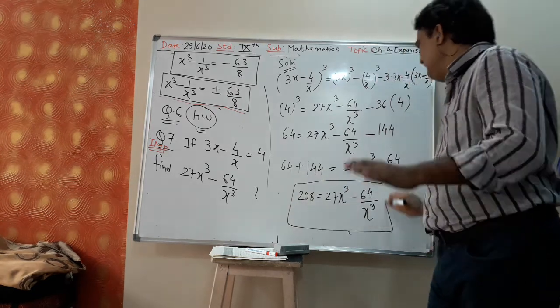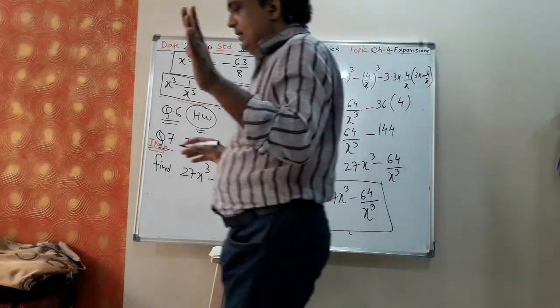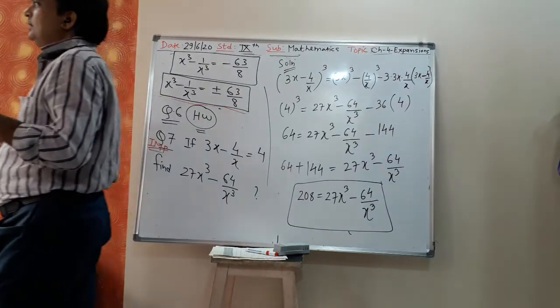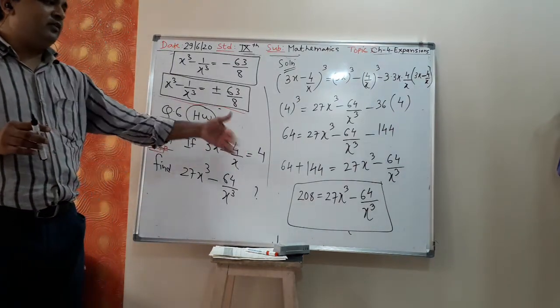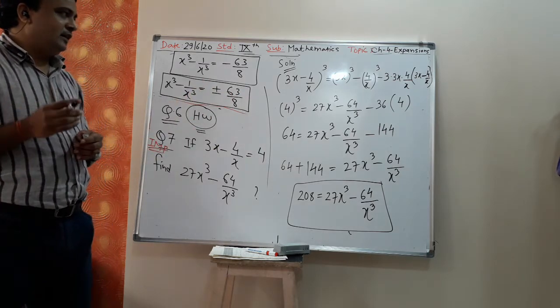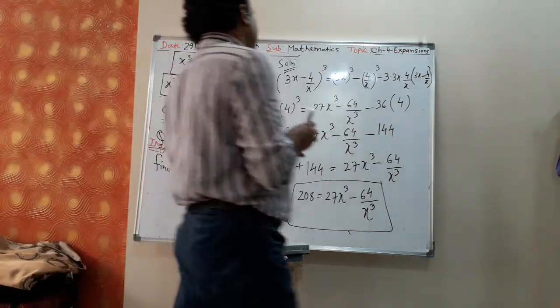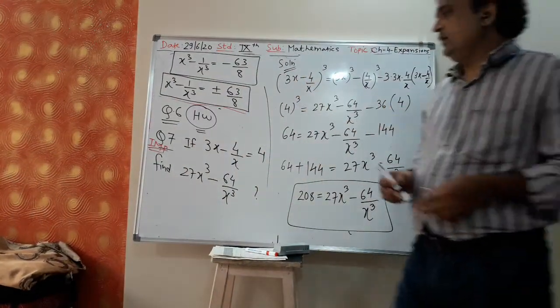See, the plus minus sign comes whenever we take a square root. Whenever we take a square root, then we see whether it is plus or minus. There we are not taking a square root. This is the method of doing it by direct cube. So I have done it by using direct cube. Is it clear?